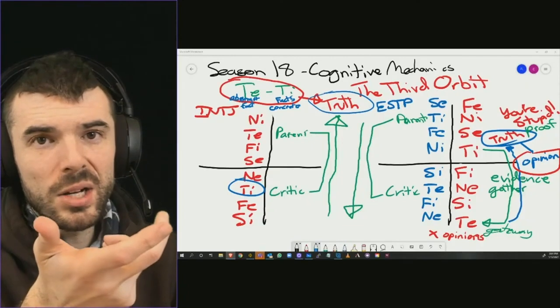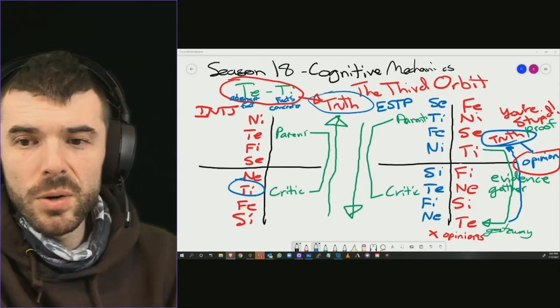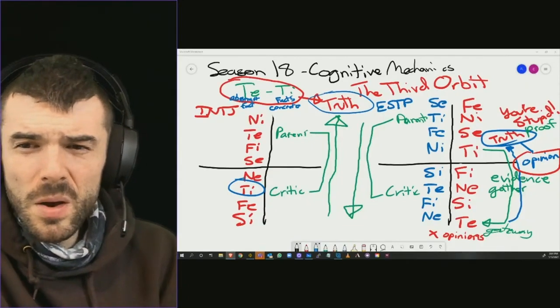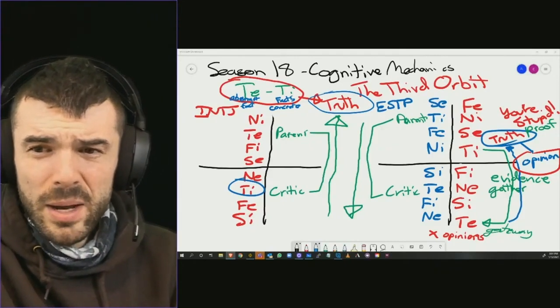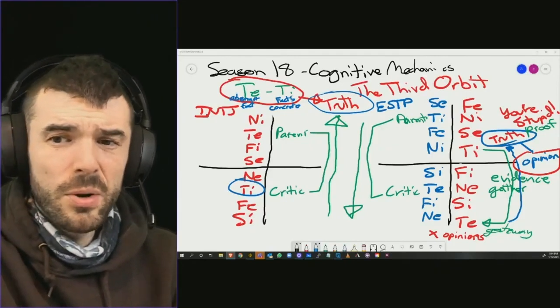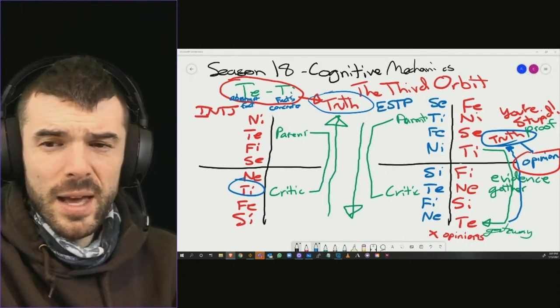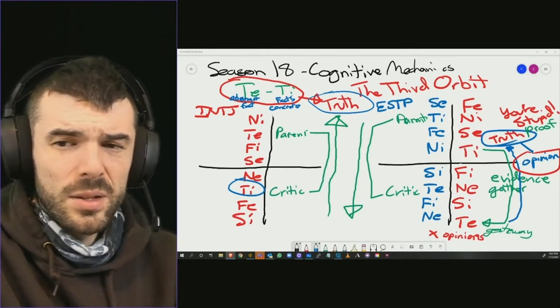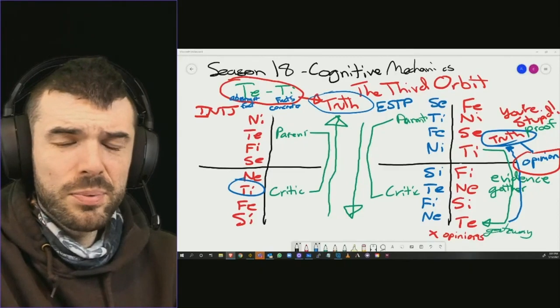That's the other direction, in terms of the third cognitive orbit. Okay. What was that about TI child pre-programming? I cut it out for that. Okay, so TI child pre-programming